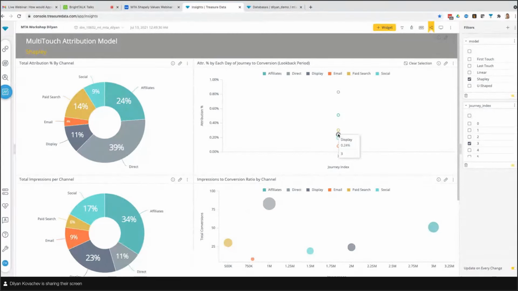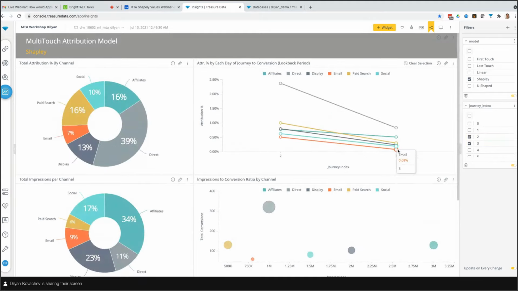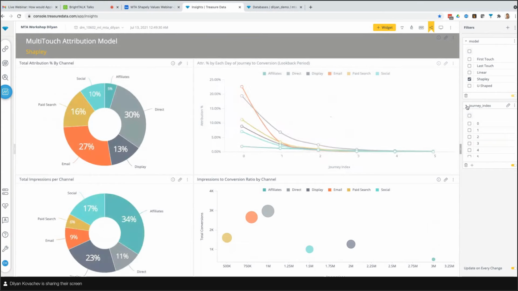It gets most of the credit towards the beginning and end, but direct and affiliates actually seem to be getting decent credit at the midpoint. But these are just partial credits, so you can look at partial credit across a couple of midpoints. You can see email starts to spike. So it's a very dynamic dashboard that gives you very deep insights on how channels are affecting consumer decision making.